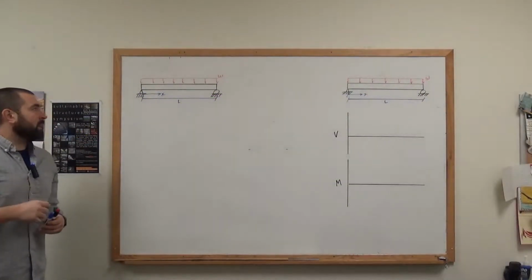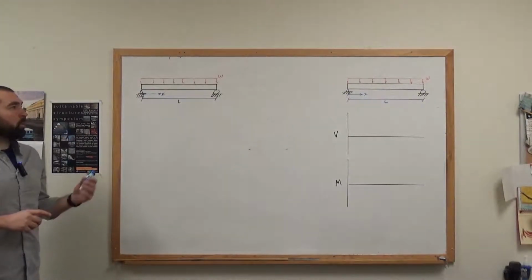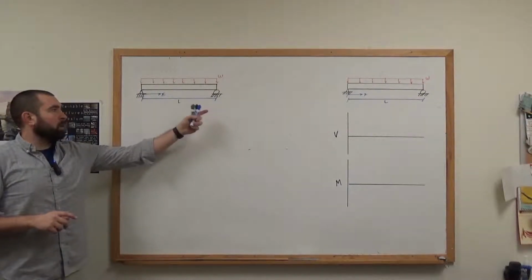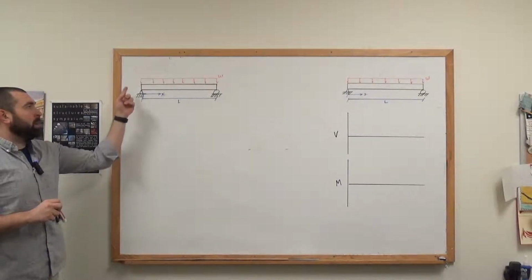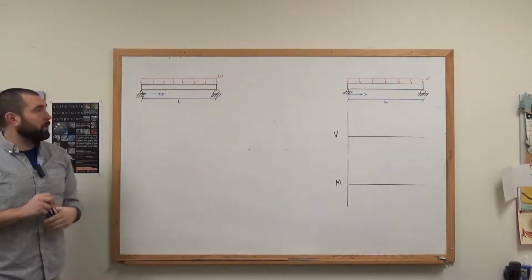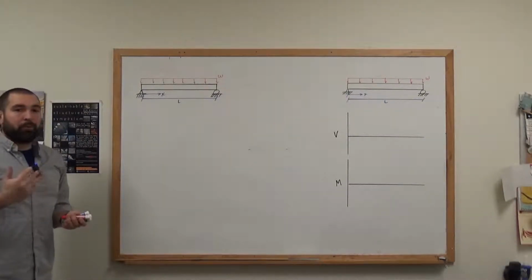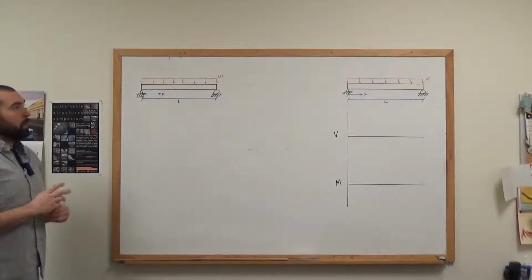So let's deal with a slightly more complex problem than the first one that we looked at. Here we're looking at a simply supported beam because we have a pin and a roller, but now our applied load is a bit more complex. Here we have a uniformly distributed load with the intensity of W acting over the entire length of the beam. So instead of having a point load, we now have a distributed load, which adds a little bit of complexity,